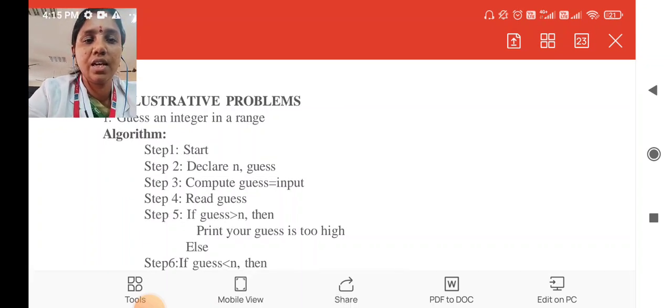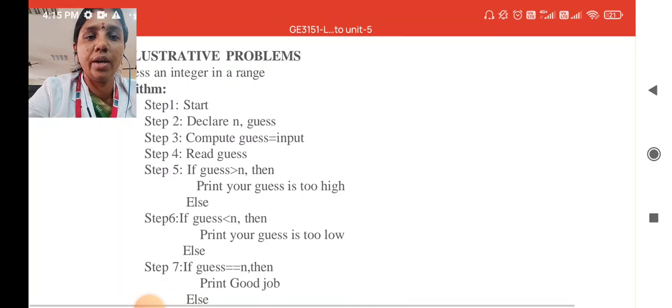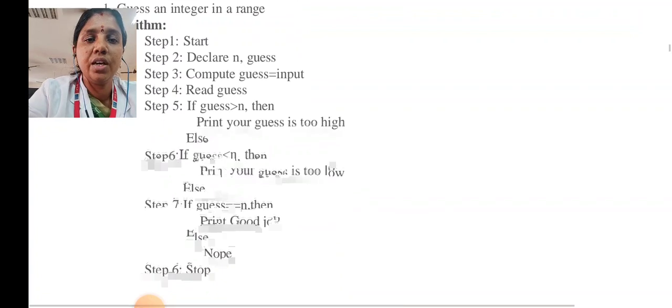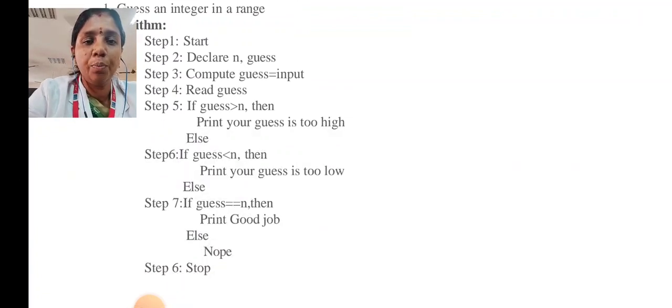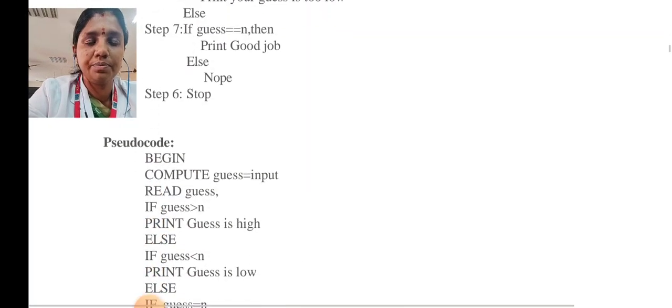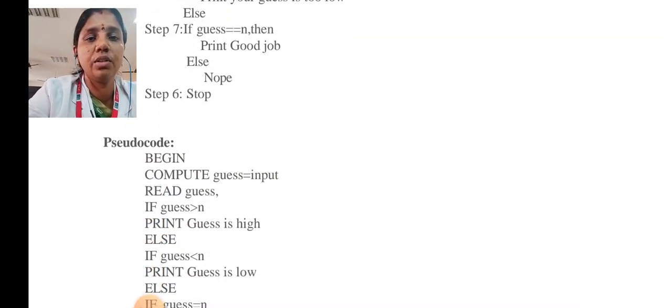If guess is greater than n, then print your guess is too high. Else, if your guess is less than n, print your guess is too low. Else, if guess is equal to n, then print good job. Else, no, stop. This is an algorithm, and in pseudocode it is completely different from the algorithm, which uses the